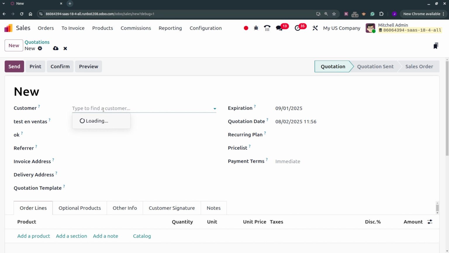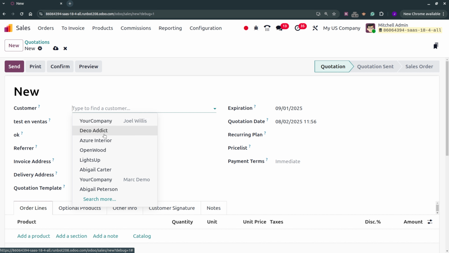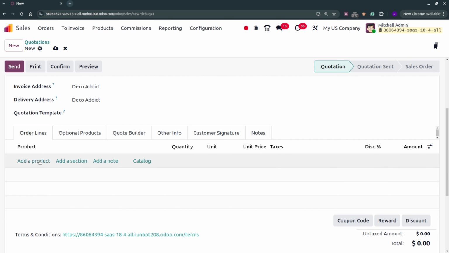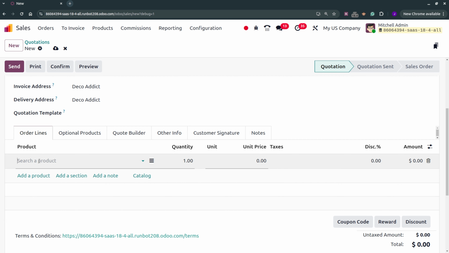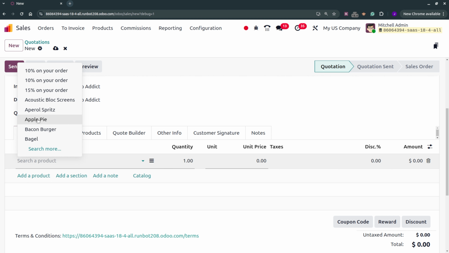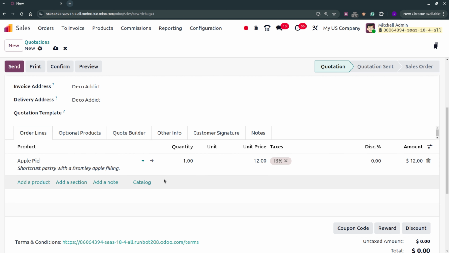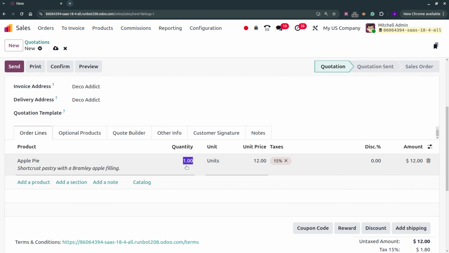And here, let me fill out the details of the customer. The customer is Deco Addict and I would like to consider the product. Upon clicking on add a product, this would allow us to add the product. So let me add the product that is apple pie with 100 quantity. And here you can see that as we change the quantity, the amount will also be changing over here